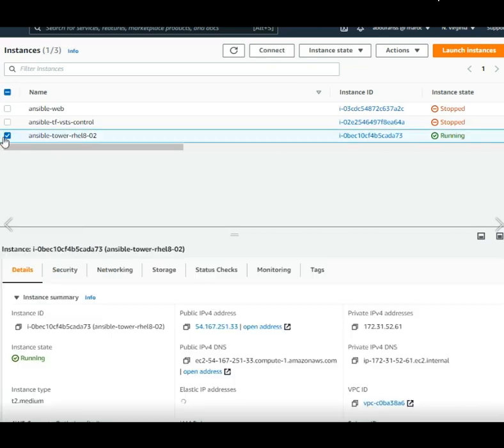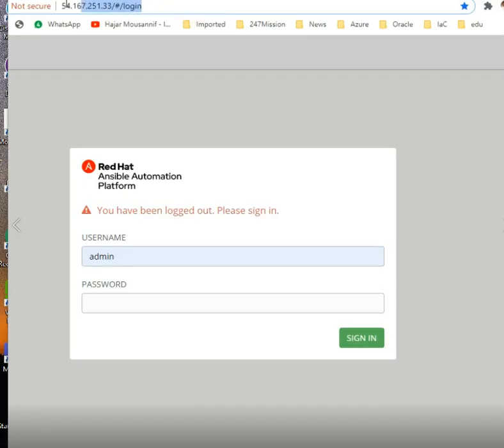I'm going to go to Ansible Tower here, and I'm going to grab the public IP. Okay, and I'm going to go to the browser and see if I can access Tower. I'm going to paste the IP that I got from my account for the Tower that is running